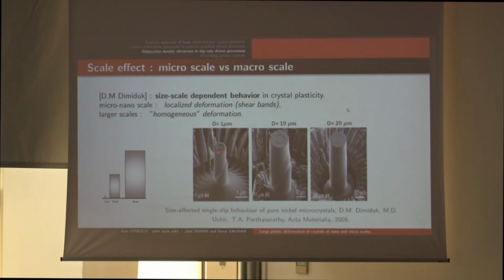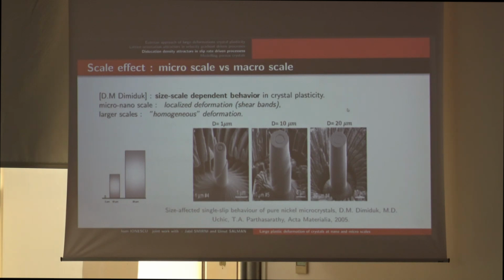They obtain that for the same material, when it has 1 micron, it has a shear band, and when you have 10 microns, it has almost no shear bands at all. That means it is a scale effect, and